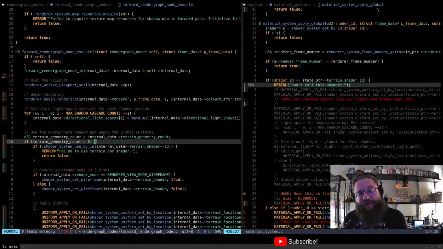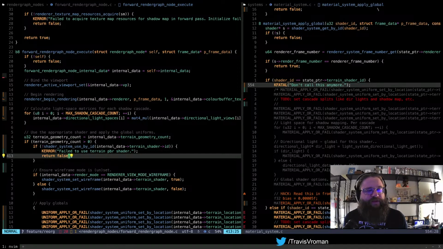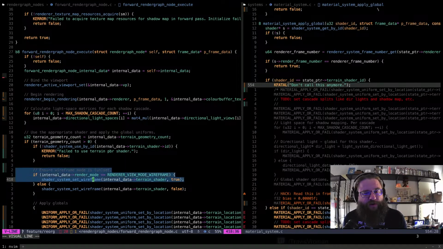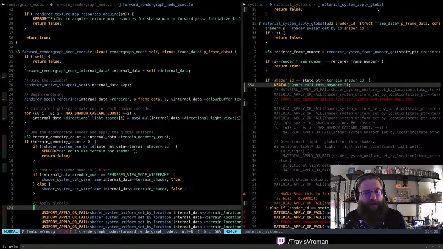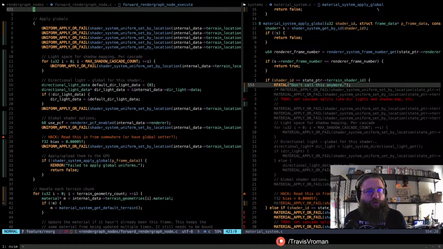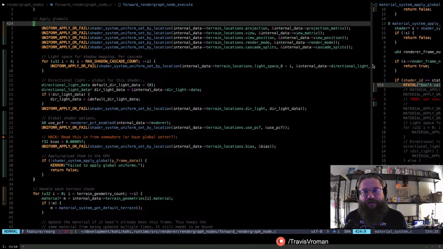And in order to do that, first, if we have any geometry to render, that's the first thing we check, because if we don't have any, we can skip it. If we have that, we go ahead and use the shader for that. We set the wireframe state, so if our current render mode is wireframe, we will use the correct pipeline under the hood. And then we will apply our globals, so our global uniforms. Let me just move this over a little bit so we can see this better.